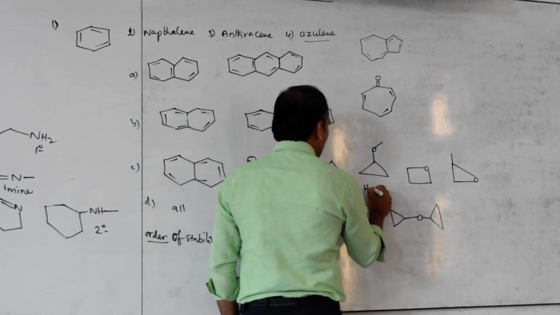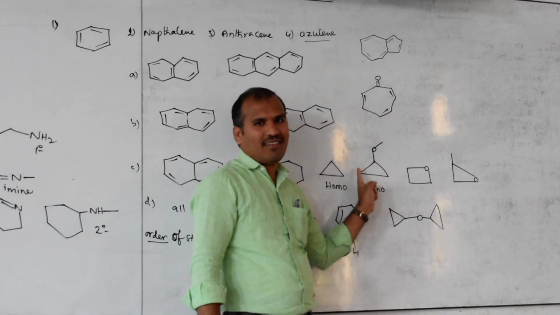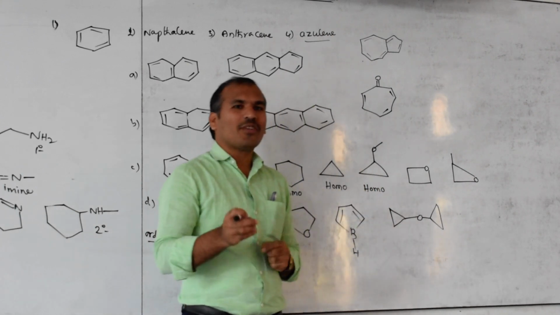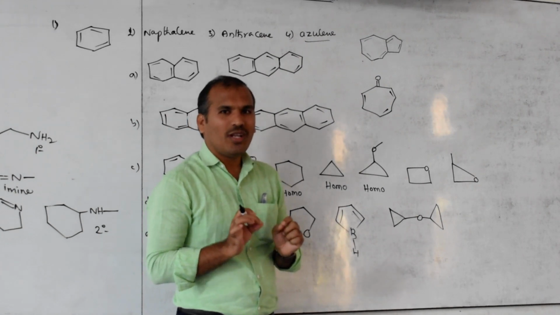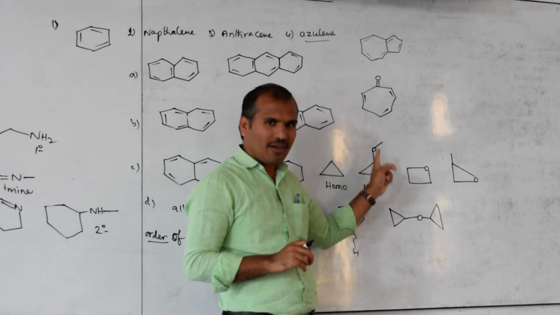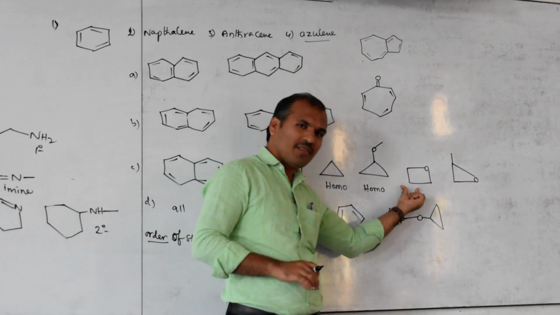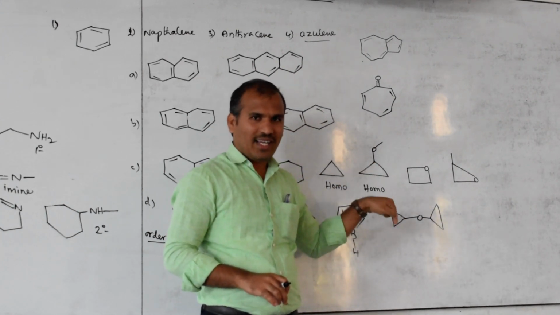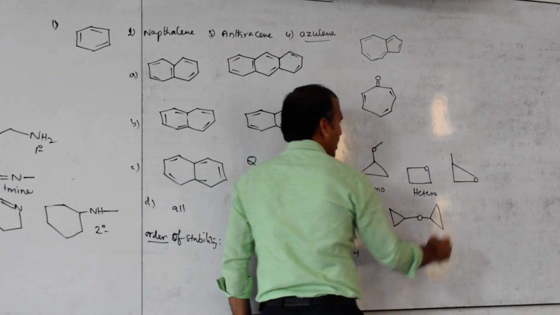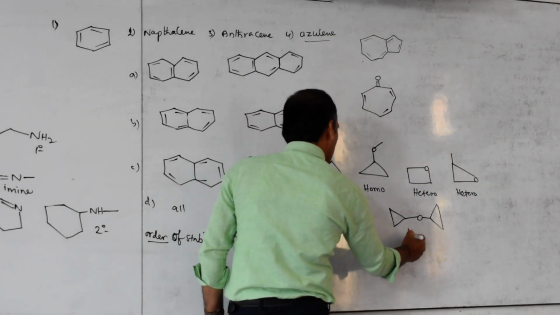See, cyclic means what? Ring. In the ring, what atoms are there? All are carbon. But by looking at this oxygen, what did you immediately think? Hetero. The only question is homocyclic or heterocyclic. This is a branch after this cyclic. So don't tell me this is homocyclic. Now that it is present in the ring, this is called hetero. This is heterocyclic. This is homo.